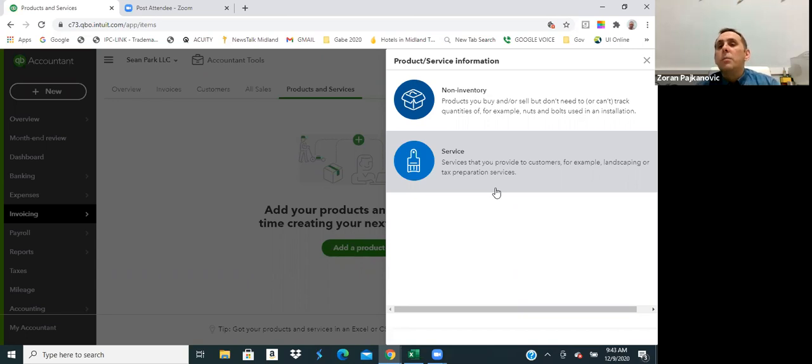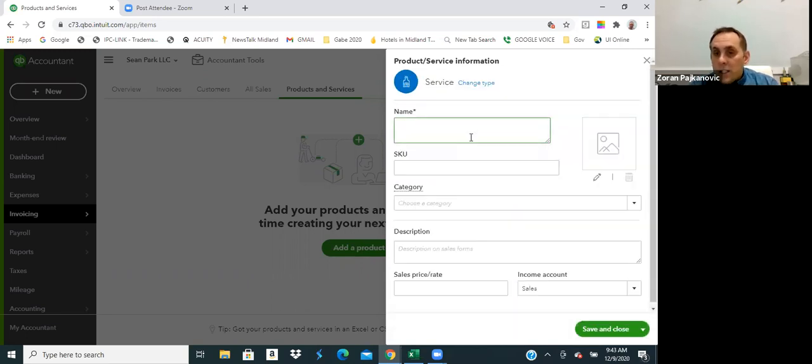In a case that we're going to be providing non-inventory products, and that we're going to be providing services. So let's say that we're going to be providing services in this particular case. As far as the services, you're also going to name the service however you want. You can say for attorneys, DUI client as an example, or family law, depending on what it is exactly that you do and provide, because you can